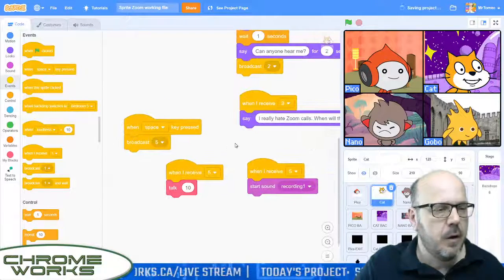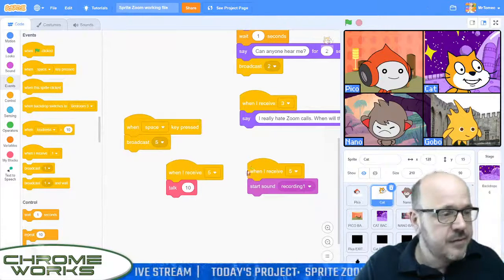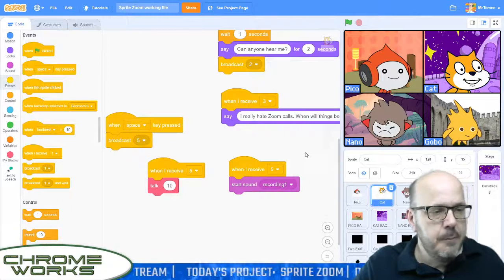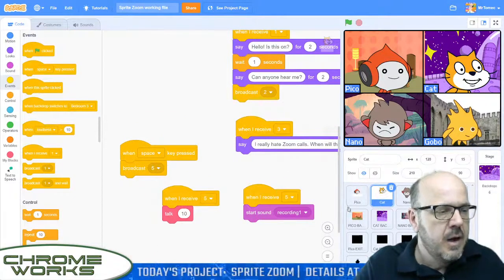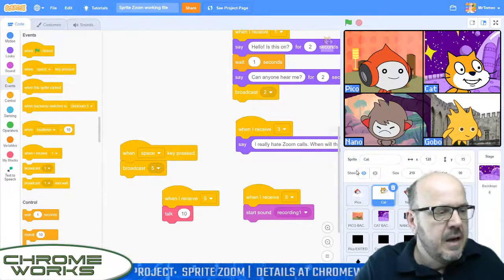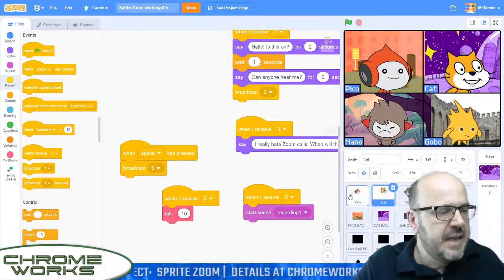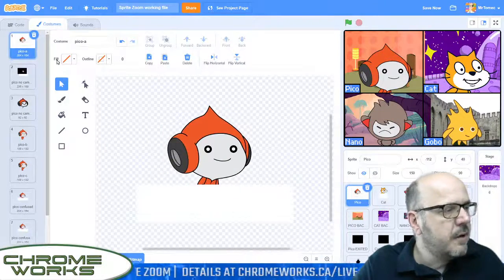I think if you guys work hard at this, you can get Scratch talking using actual voice commands and using lip movement as well and get something that's a little step above what's done here. So you know you can customize this in all kinds of different ways. You can add different characters in here. Adding characters isn't too difficult, but again, you might have to do some playing around to stop stuff from